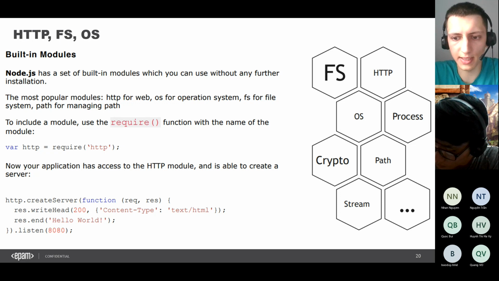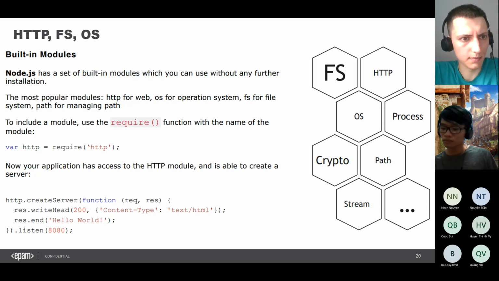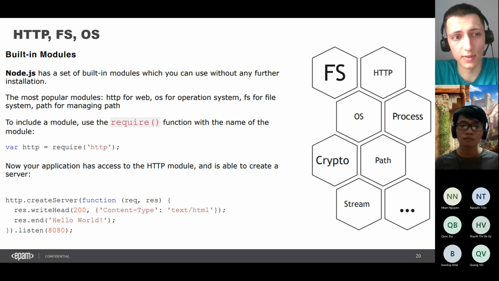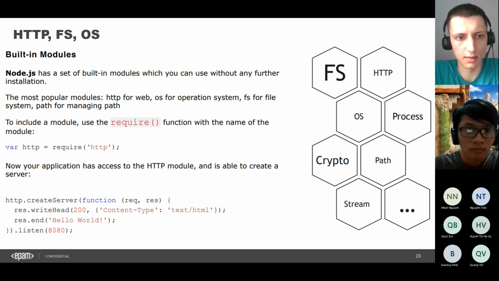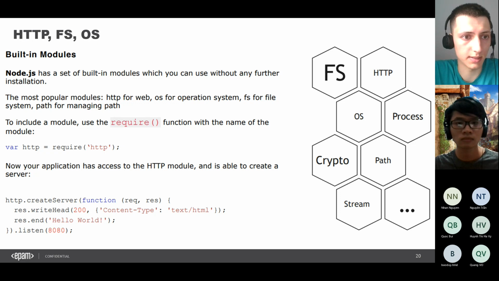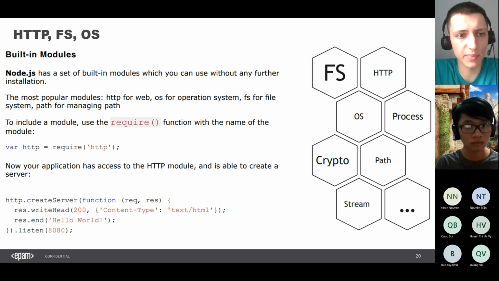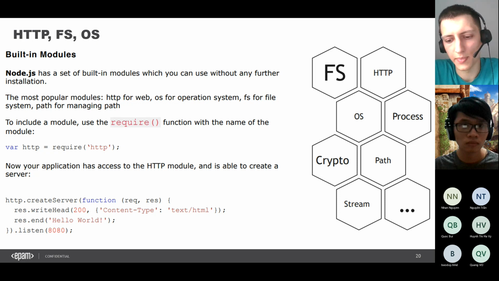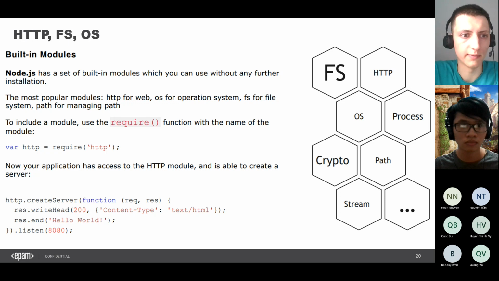FS is for the file system, for reading, writing, deleting files, and so on. And path, which is not an everyday-use package, but you can use it for merging paths or creating paths. For example, in Linux and in Windows we have different approaches for paths, so this module can be very helpful.